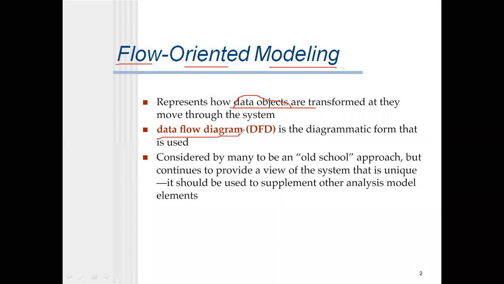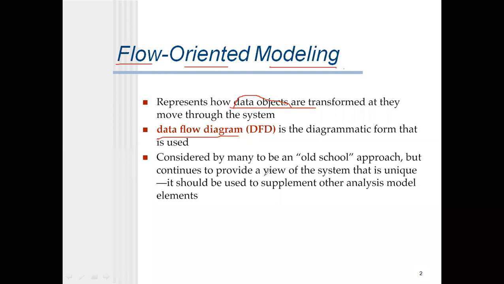Already in one class we have seen what a data flow diagram is and how it will look. I have shown you in the starting of this third unit the use cases, class diagrams and data flow diagrams also.